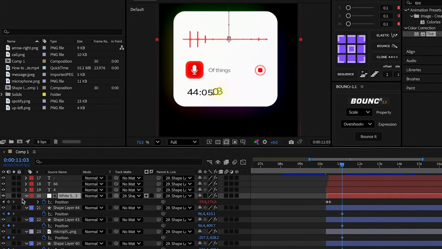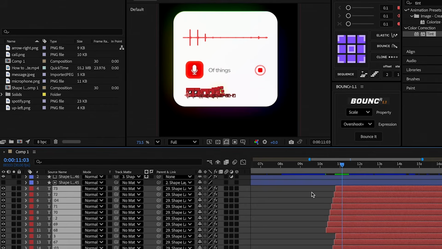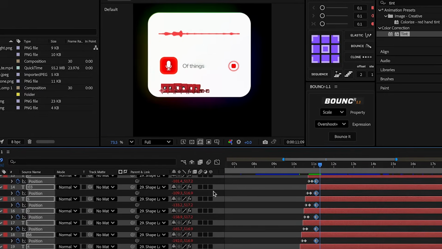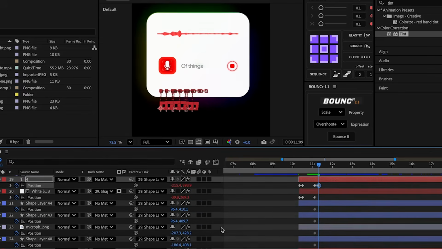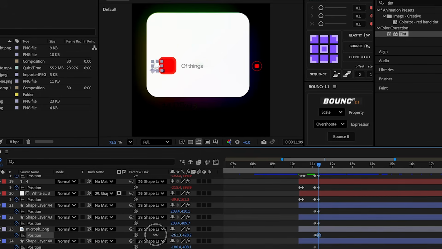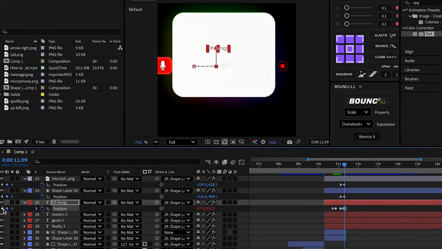Create a position keyframe for the audio layer. Finally, select all the numbers layers and create a position keyframe for them as well. Move forward 6 frames. Move the layers down. Raise the audio up, move the circle and its inner rectangle to the right, move the microphone and the surrounding red rectangle to the left, move the text layer up, go back to the previous keyframes, select all the layers